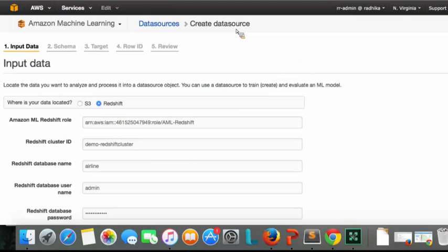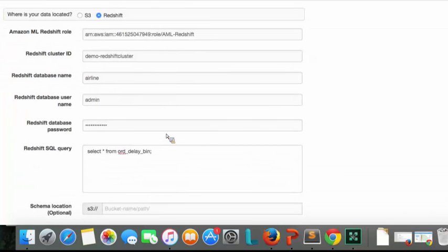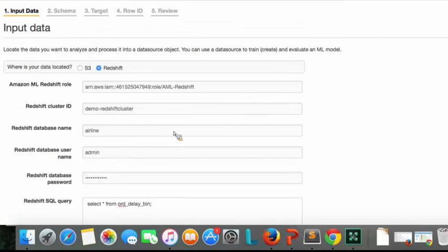So as Vangashi mentioned, the smart application begins with the creation of a model. In order to create the model, we need a data source. What you're looking at right now is a data source wizard in the Amazon machine learning console where you're presented with a simple question: where is your data located? In this case, we are using Redshift as a source of data. Once we input the mandatory parameters for our cluster, we go to the next step where we look at the